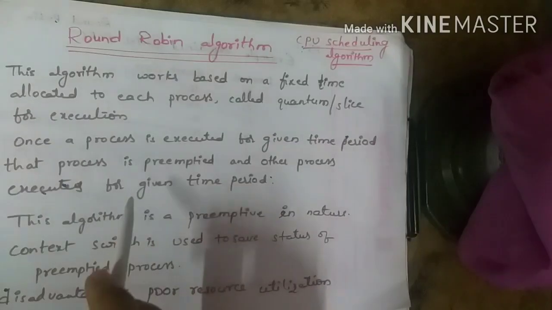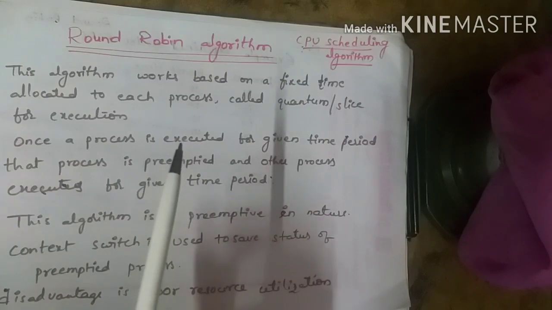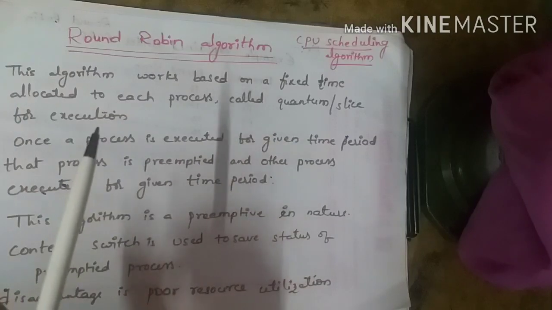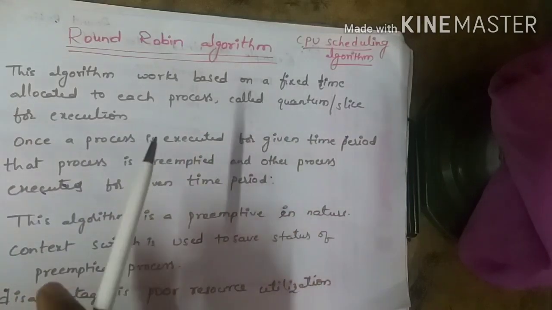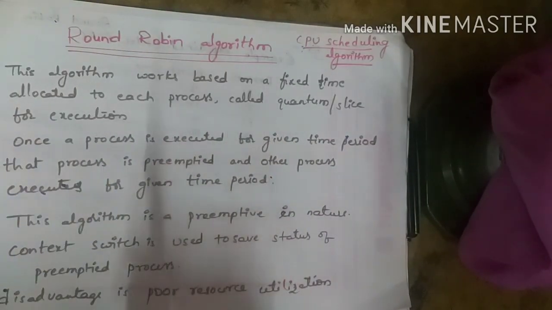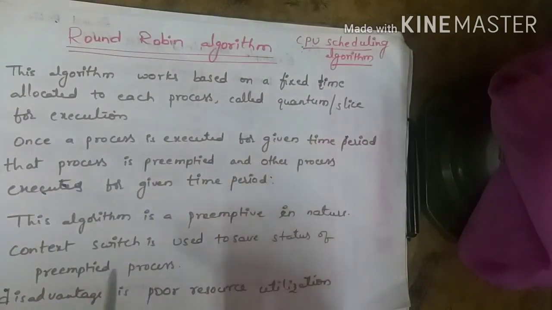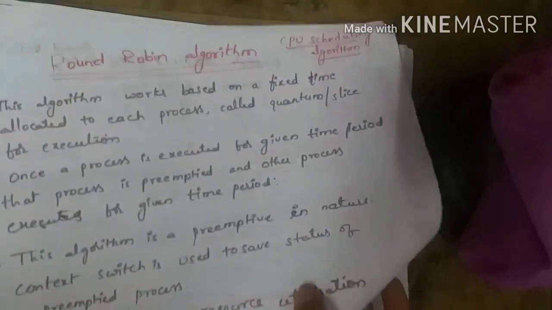For example, three processes are executing simultaneously, P1, P2, P3. Now P1 completes its time slice, for example, if I take this time slice as 4 milliseconds. Within the 4 milliseconds P1 is going to complete some of its execution, and that is going to be saved somewhere, and next P2 is going to be executed, and after completion of P3, again P1 will get the chance to execute. Like that it is going to execute. Next, the disadvantage of the round robin algorithm is poor resource utilization. This is the round robin algorithm.